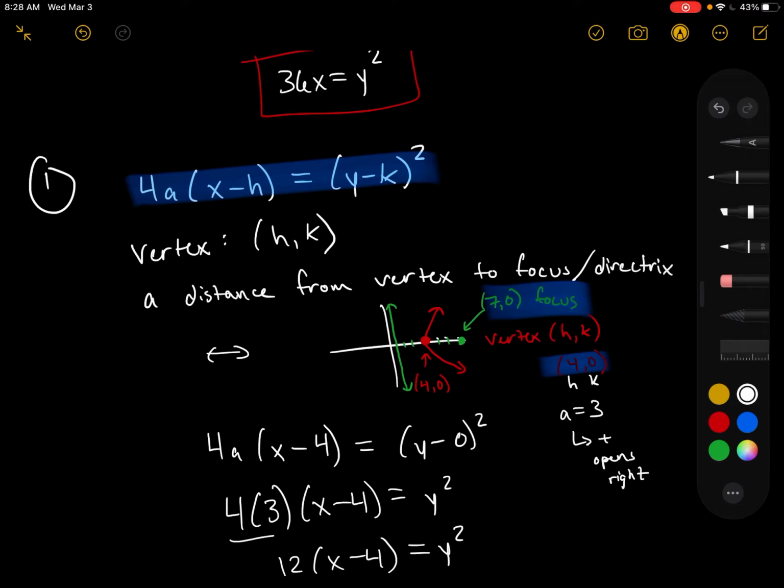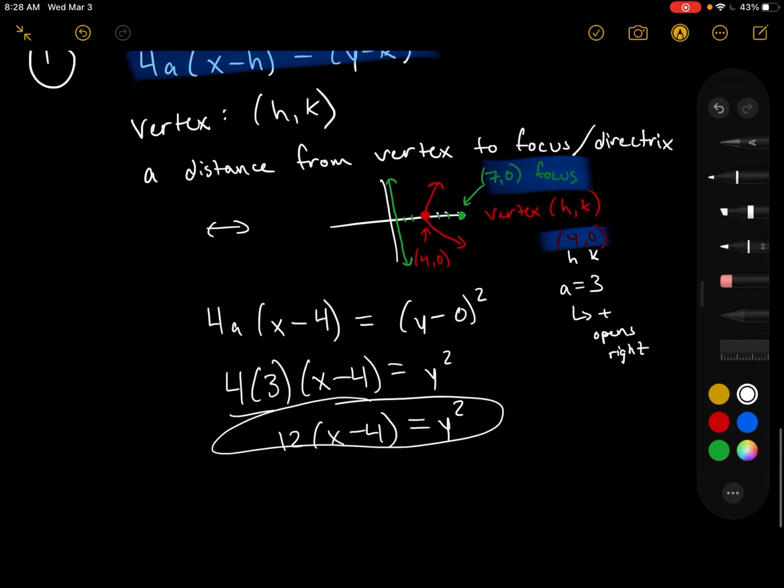So that's one example. So again, you might be given any or none of these pieces, and your goal based off of what you're given is to fill in everything so you can get to your final answer form on the bottom here. So again, focus on where that vertex is, focus on its distance from focus to vertex, and then you'll be able to find